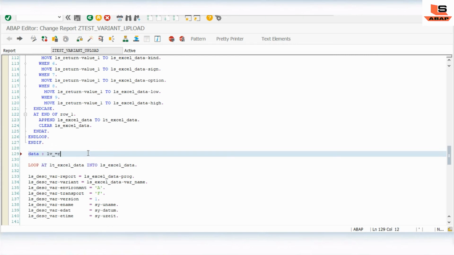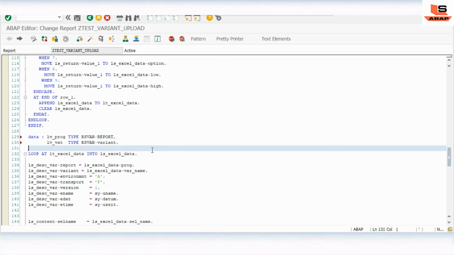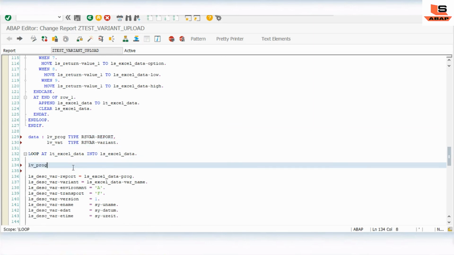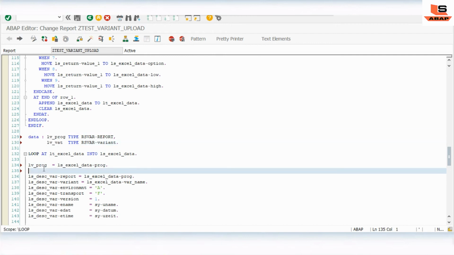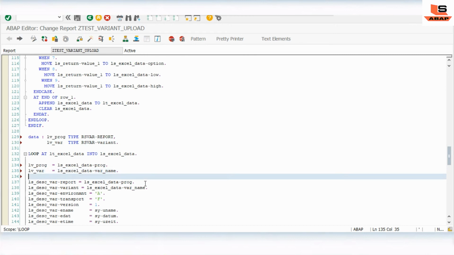Data lv program type, lv variant type, variant, and lv program equal to this program, and lv variant equal to this variant name, and here also variant, sorry, variant, not a variable, it's a variant.